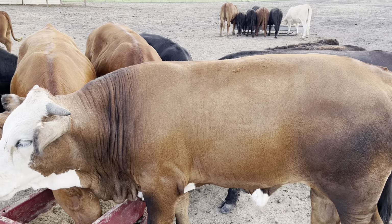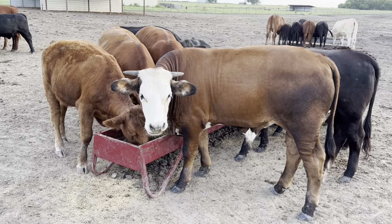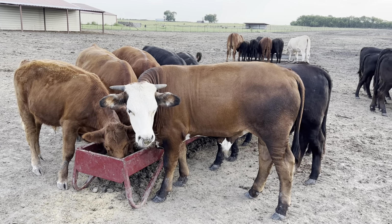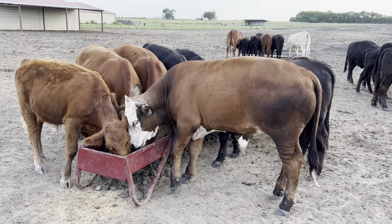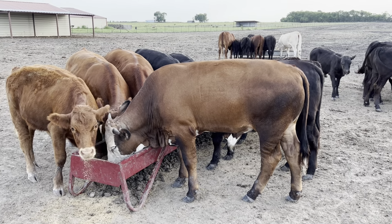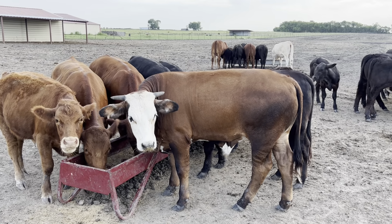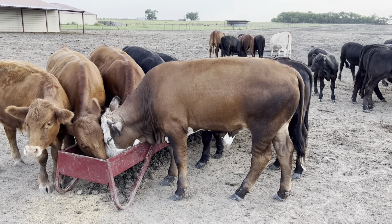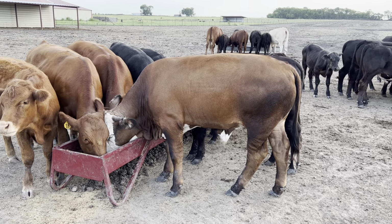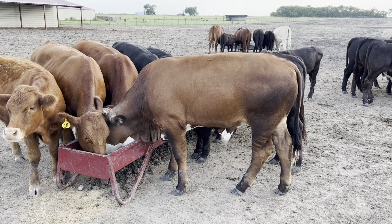And so I figure that these animals are just getting a bit too full. They're getting a little bit too much food. So I cut their feed back a little bit. Because, okay, so in my budget, it's not in my best interest to feed these animals until they're completely full. Because these cattle, they will eat a lot. If they're left alone to eat as much as they want, they will eat significantly more than what they need